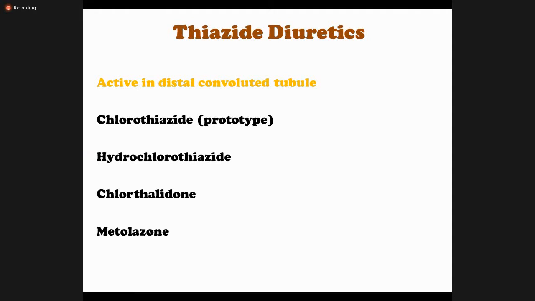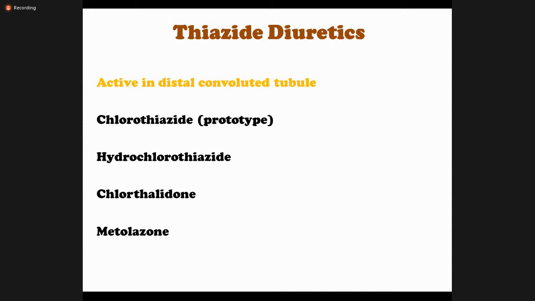Now, this is the thiazide diuretics, and thiazide diuretics we have already discussed on this segment. Its site of action is this segment, the distal convoluted tubule, right? So it's not a powerful diuretic as compared to loop diuretics, because in the distal convoluted tubule, just 5 to 10% reabsorption of sodium takes place, right? So a smaller amount of water is going to be excreted, right? So we have examples. We have chlorothiazide, which is the prototype drug of this group. There could be a question, okay, which is the prototype drug of loop diuretics, that we have already discussed, that is furosemide. In thiazide diuretics, the prototype drug is chlorothiazide, but clinically we are using